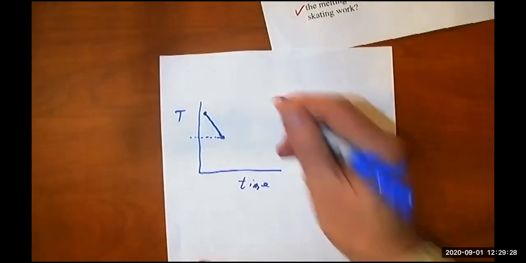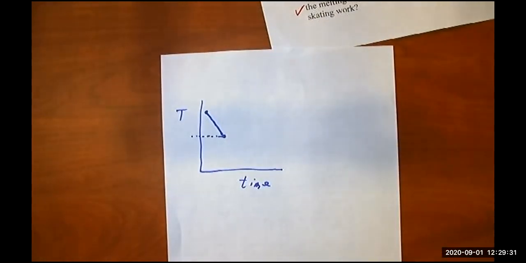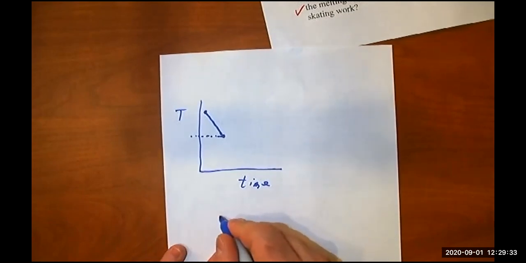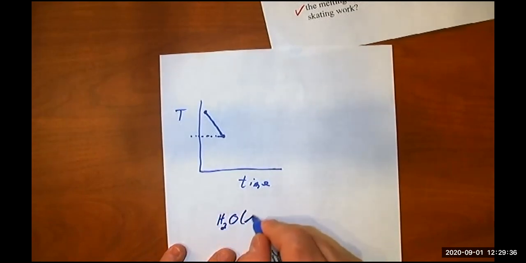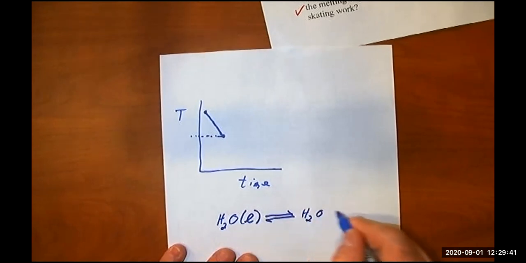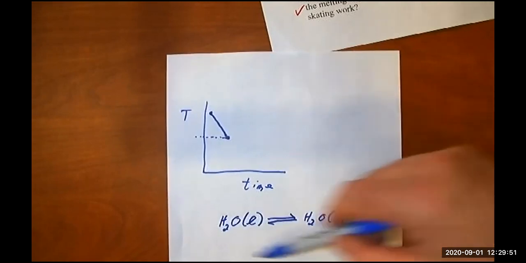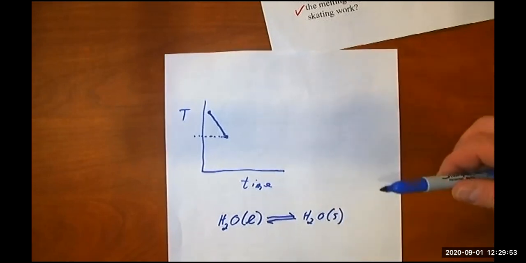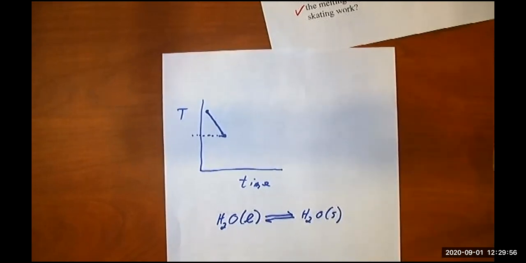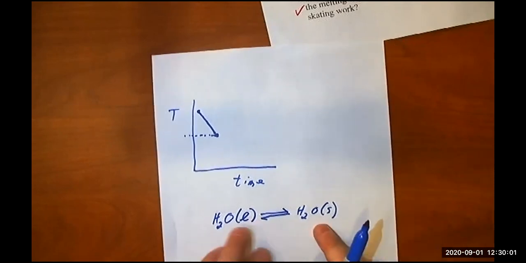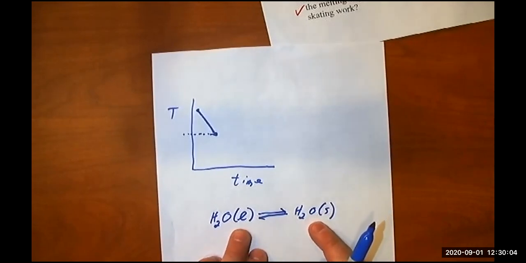Once you reach the freezing point, you start to have something happening that is essentially a chemical reaction. So your H2O liquid in equilibrium with H2O solid. Now, we haven't really gotten into equilibrium yet. The idea of an equilibrium is that the reaction is going both directions at the same time. So it's called a dynamic equilibrium. The dynamic equilibrium is such that the amount that you have on each side of this is